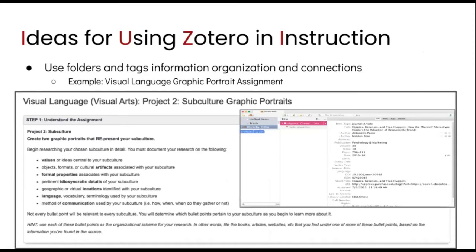Another example beyond using Zotero to create citations is to leverage Zotero's organizational strengths. So folders are the default method for information organization, but Zotero also has these things called tags, and they're often more effective when organizing sources not by type. So by type, I mean an article, a book, a website, a video, but instead using tags to organize by